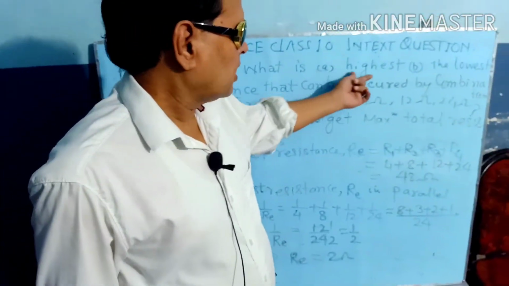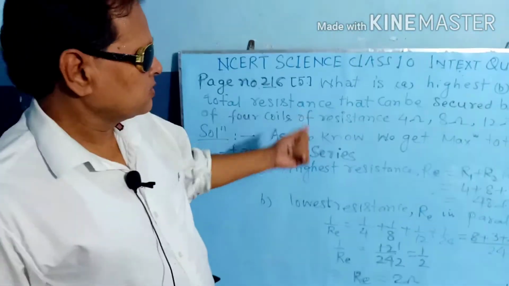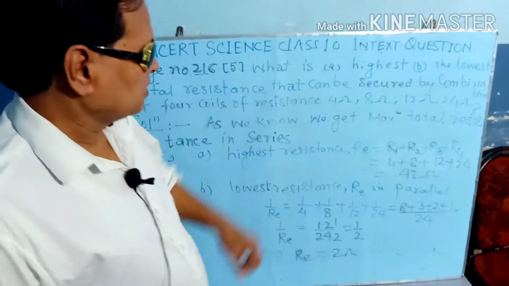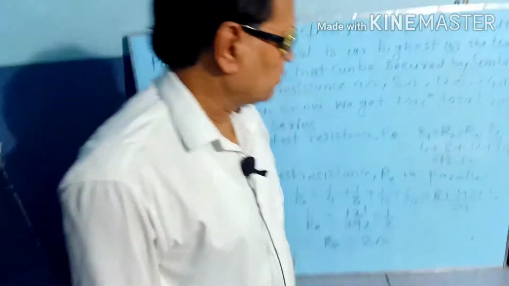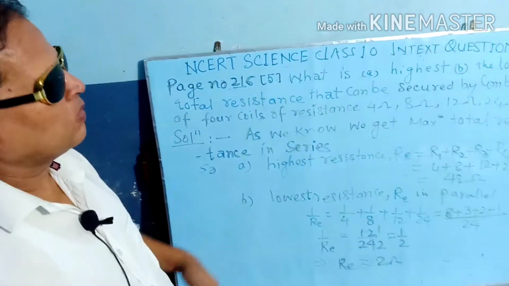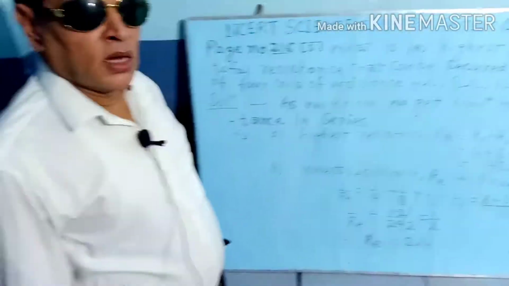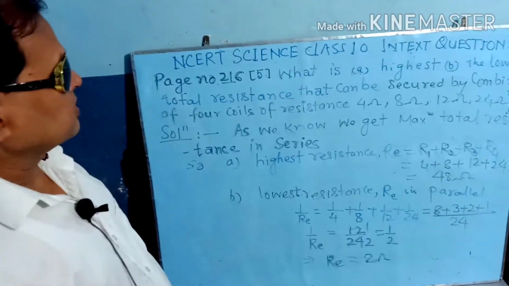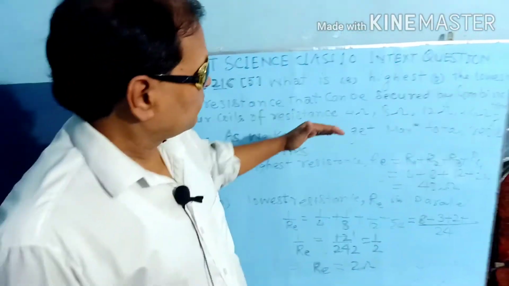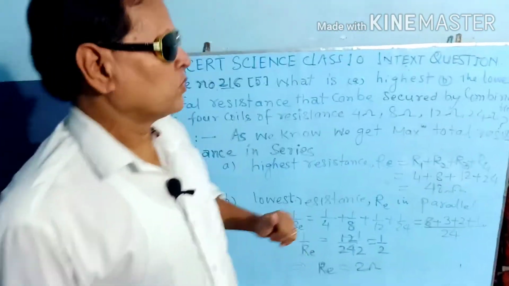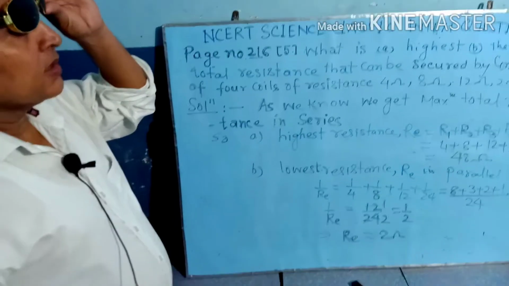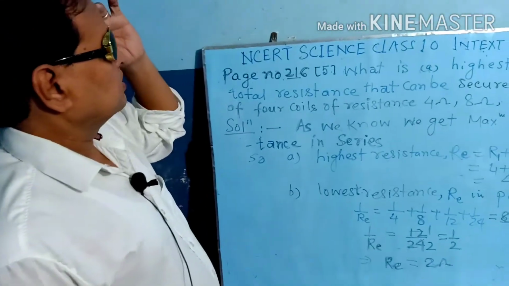What is the highest and the lowest resistance that can be secured by combination of 4 coils of resistance 4 ohm, 8 ohm, 12 ohm and 24 ohm. हिंदी में ये हुआ कि हमको निकालना है कि हाईएस्ट रेजिस्टेंस क्या होगा और लोएस्ट रेजिस्टेंस क्या होगा जब हम कंबाइन करते हैं 4 कॉइल्स जिसका रेजिस्टेंस है 4 ओम, 8 ओम एंड 12 ओम एंड 24 ओम।